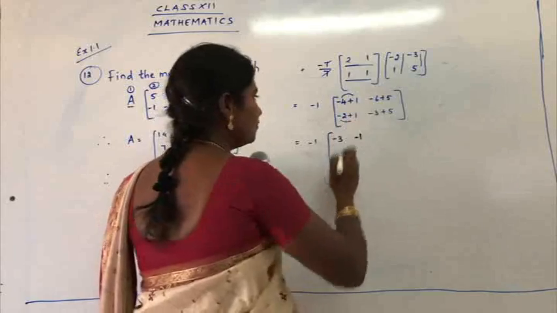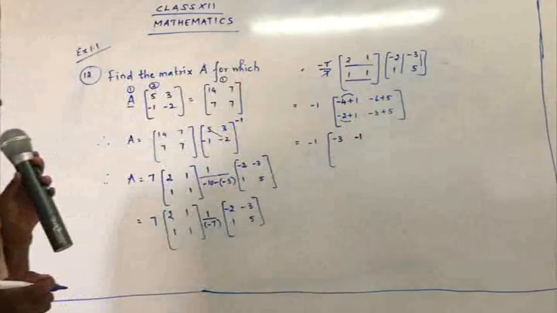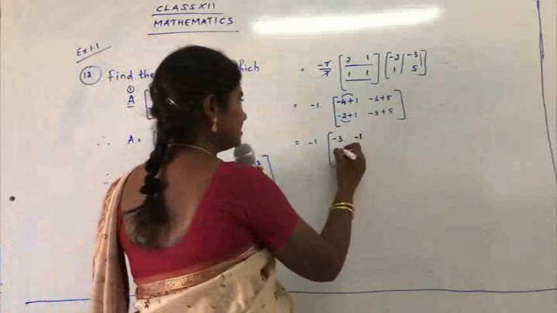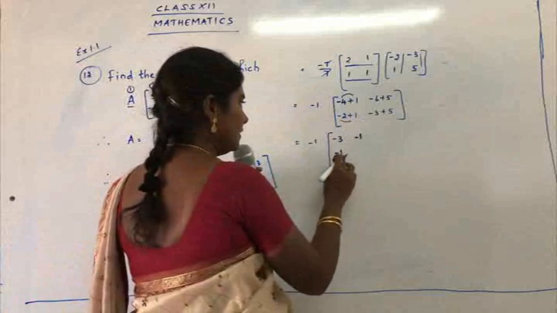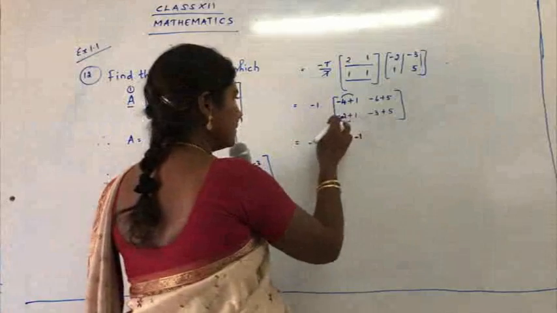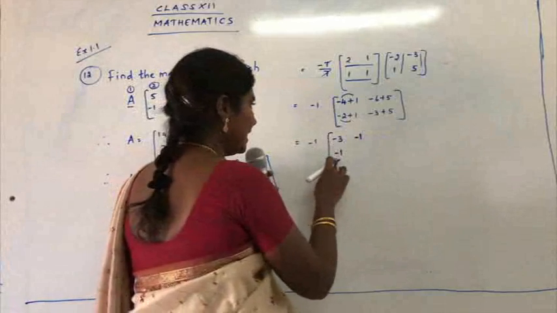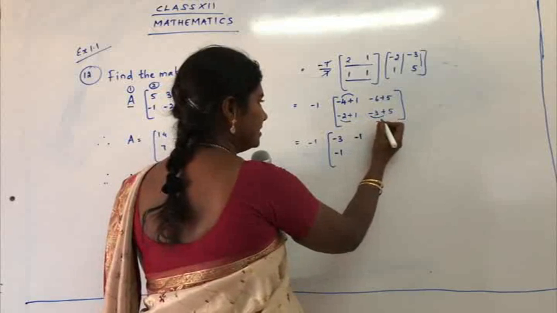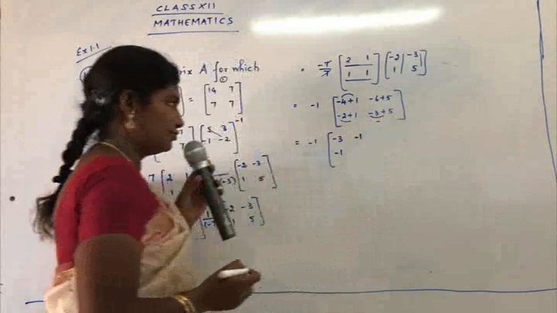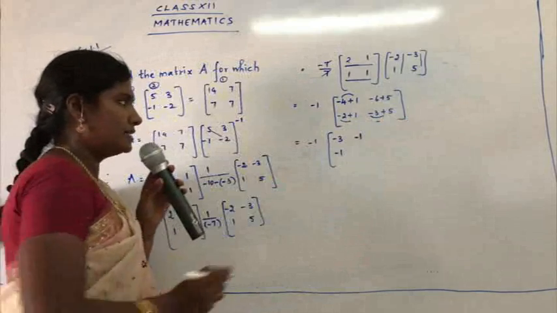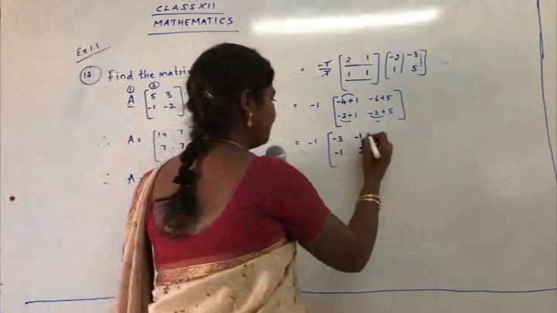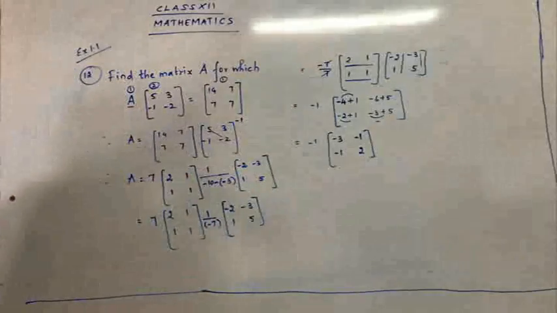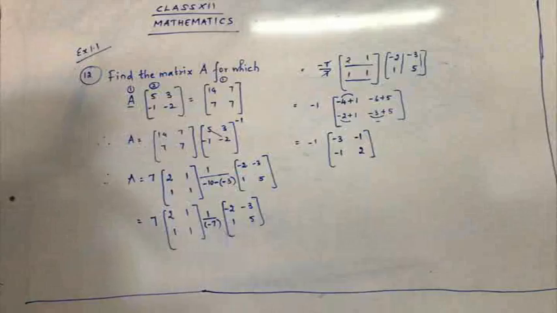Okay, give me the answer for minus 2 plus 1. Yes, it's minus 1. Minus plus minus, 2 minus 1 is 1. Sign of the bigger number is minus. So you have the answer minus 1. Minus 3 plus 5: 5 minus 3 gives you 2. Sign of the bigger number is plus. So the answer is plus 2. So we have got minus 3, minus 1, minus 1, 2.